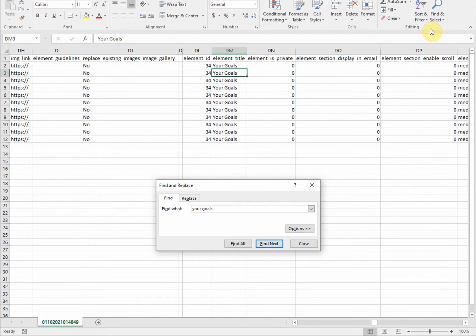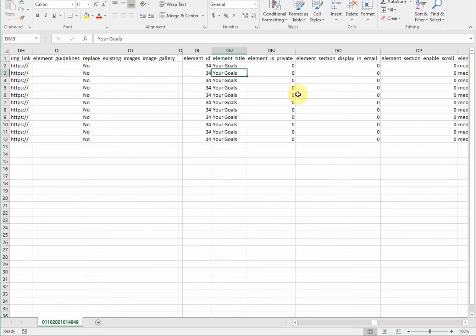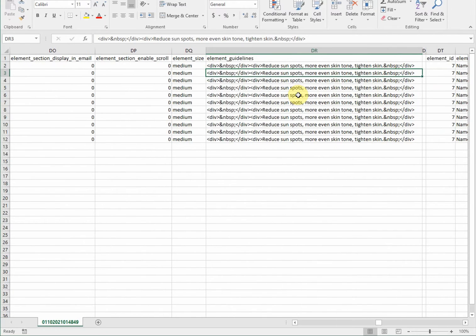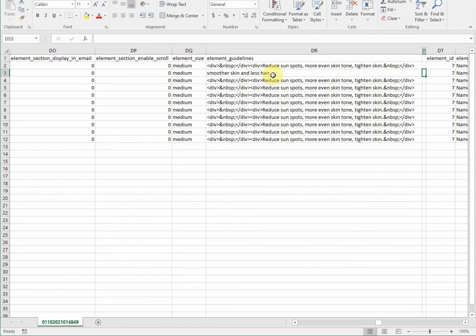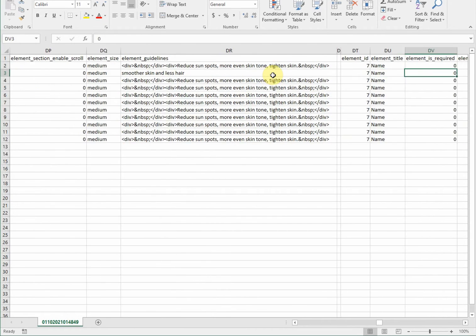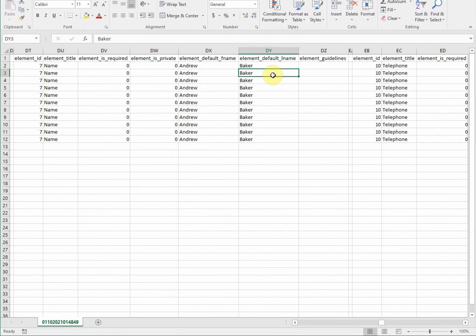And I'm going to move to the right until I see the default value description, which I see is reduced sunspots, more even skin tone. And I'm going to change that to smoother skin and less hair. Next, I'm going to move over to the next field element, which I see is the name element, and change the default value from Andrew to John in this cell, and change Baker to Smith in this cell. I'm now going to go over to the next field element,